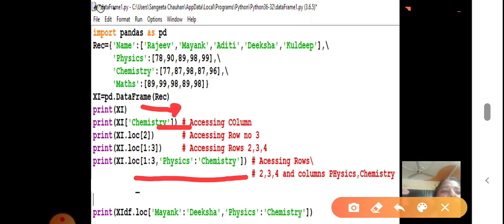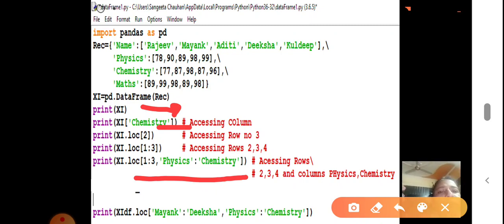It means rows 2, 3, 4 and columns physics, chemistry will be displayed. And next is print 11th.loc['Mayank':'Diksha', 'physics':'chemistry']. It means Mayank to Diksha rows and physics to chemistry columns will be displayed. Clear?